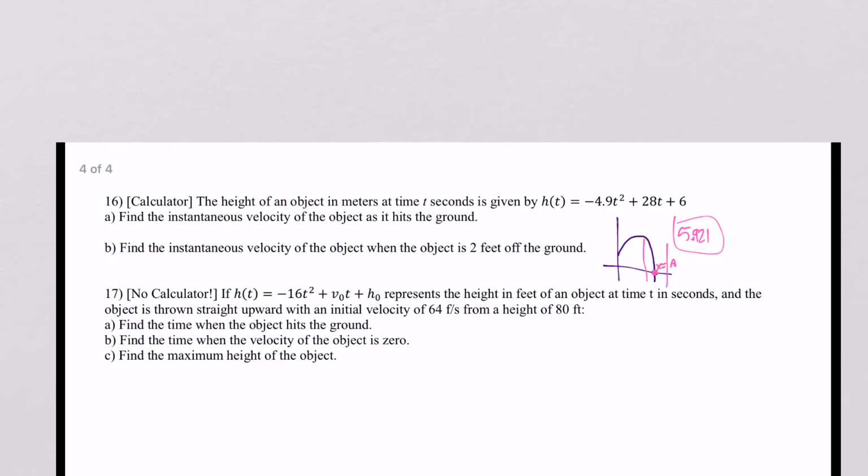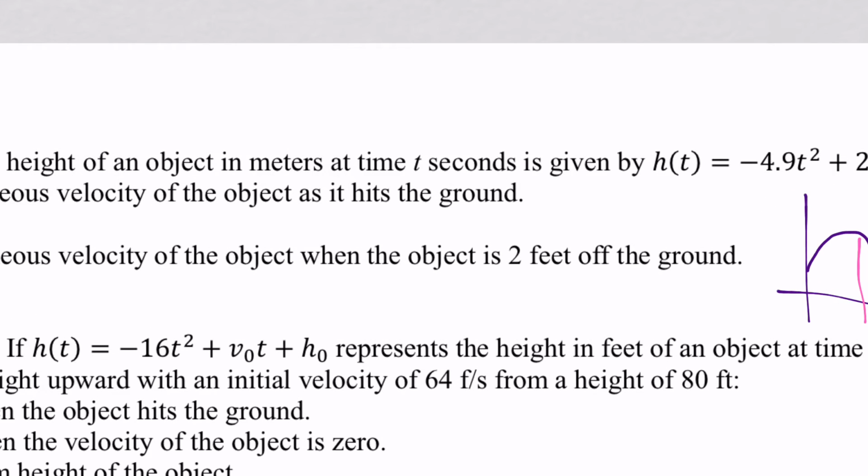It'll do it automatically, based off of what you did last time. Then go back to your graph, go back to second calculate, go back to option 6, go back to hitting alpha a to take you to the x value of a, and hit enter. Then you'd figure out that the instantaneous velocity of the object when it is 2 feet off the ground is... wait, what? Oh, oops. I just found the instantaneous velocity of the horizontal line, so that's not very good. So second calc dy/dx, make sure you're on the correct graph, then hit alpha a, and then see that the derivative is negative